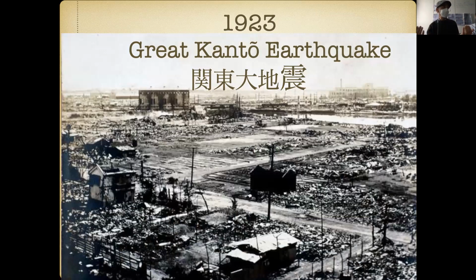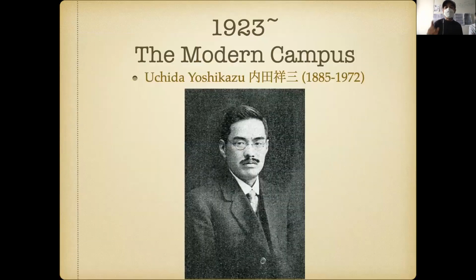So most works of Condor, Hanroku, and those guys disappeared. At that time, of course, Condor had already died, so he doesn't know his buildings disappeared. This is why he was smiling in the photo. But there's a quite young, at the time, Uchida Yoshikazu, quite a scary guy, but very clever. He had studied at Tokyo University. He was in charge of architecture engineering in the school, and he was in charge of rebuilding the campus. So he had the obligation of making something earthquake-proof.